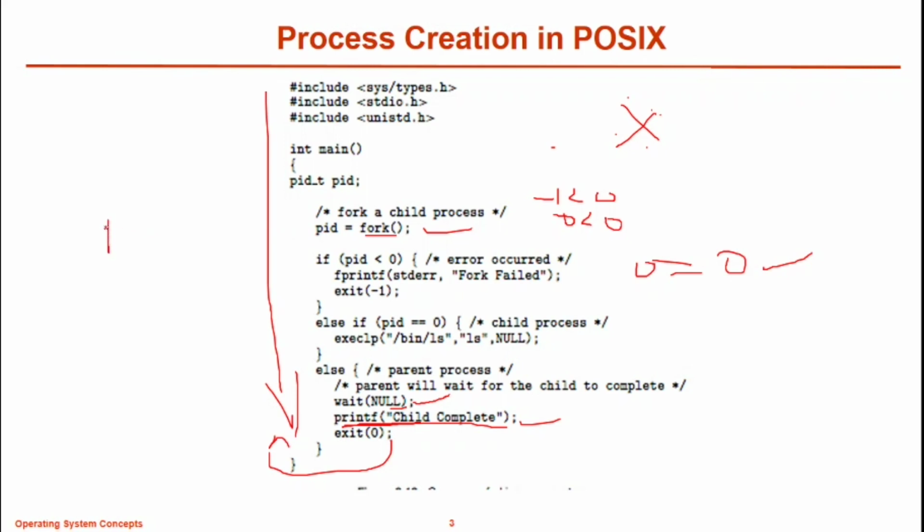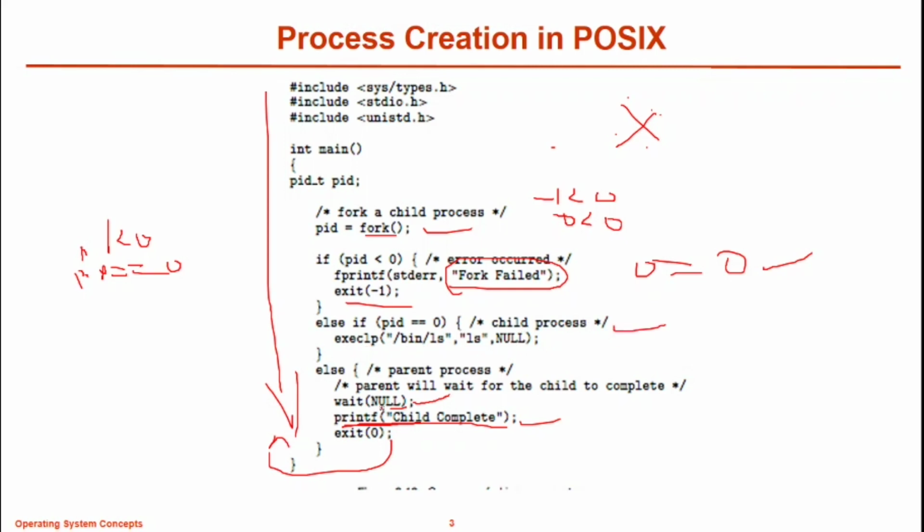is when fork is lesser than 0 or fork is equal to 0, that is, when PID is equal to 0 or PID is lesser than 0. You have to consider these two conditions, then you can write it on your own. There is no need of byhearting. So when PID is lesser than 0, exit, a child is not created and fork failed to create a child process. If the PID is equal to 0, then the child process gets created.